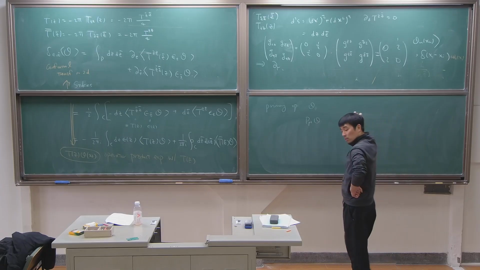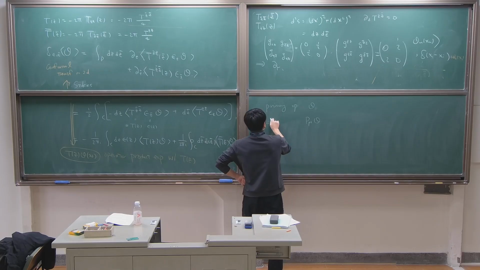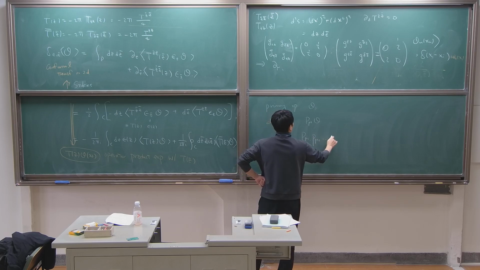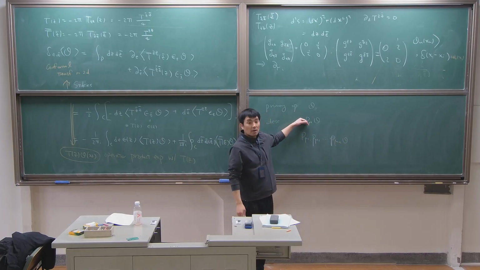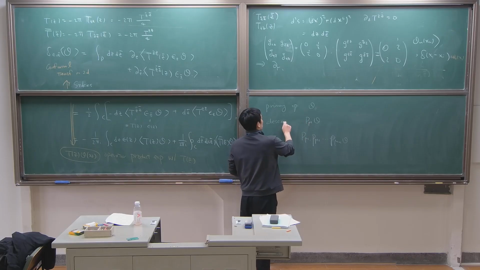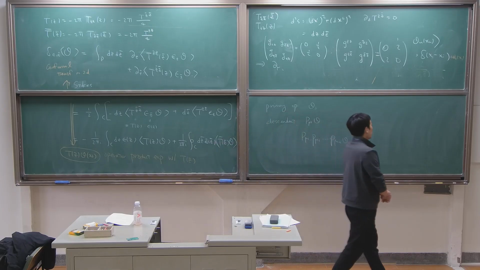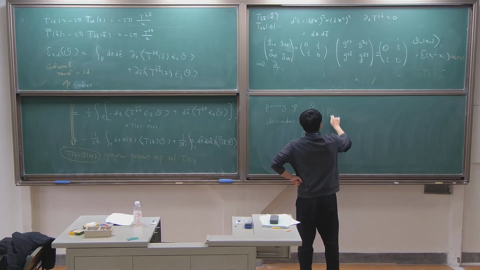You can act many times. So this is a level 1 descendant, and then a level n descendant is all of them. And if you act with K also, so this is something like a